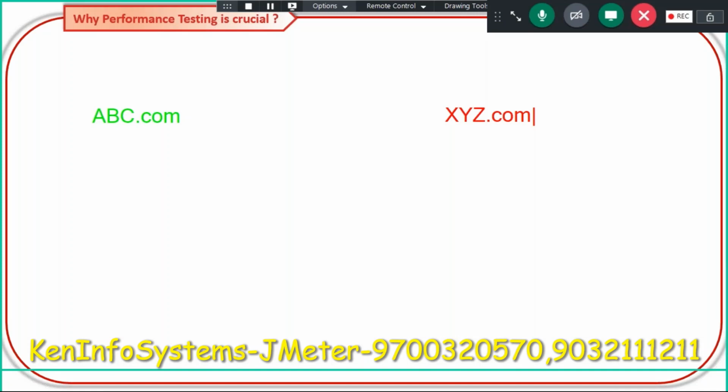And one fine day, to promote both the websites, in the Diwali season or Dasara season, they announced a very big sale. During the sale period, for whoever is using abc.com, the user experience is very good. Every user is satisfied with the deals, and the application behavior is very good. It is performing well. When it comes to xyz.com,